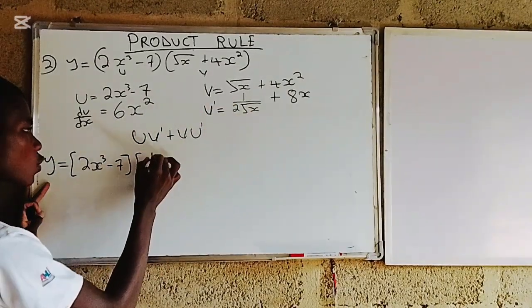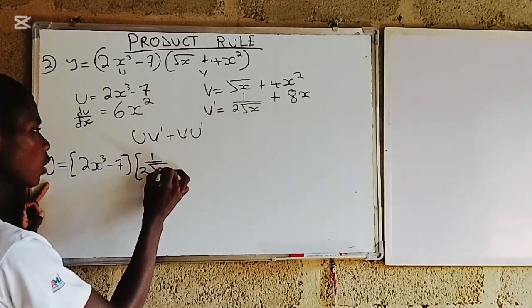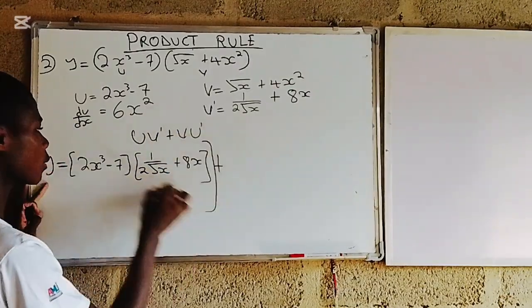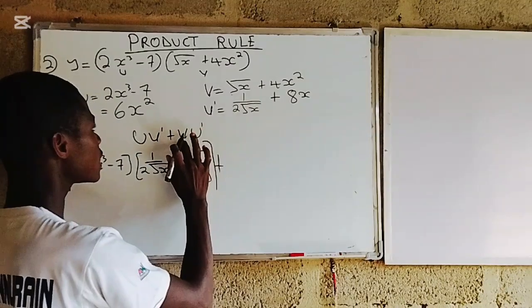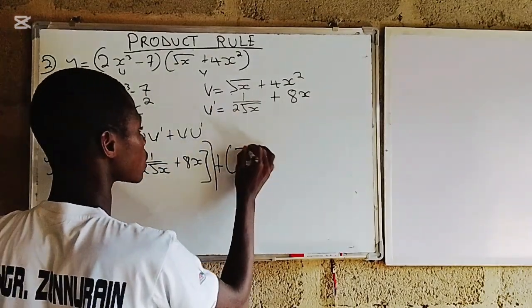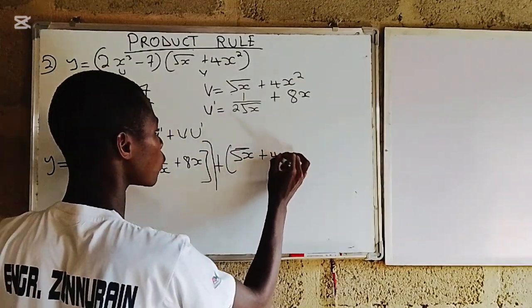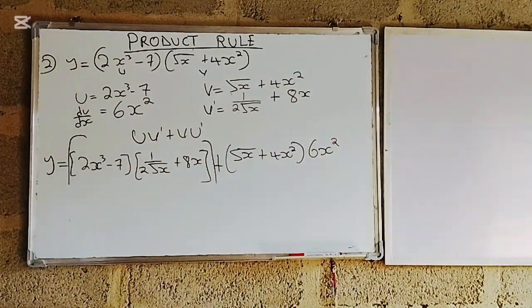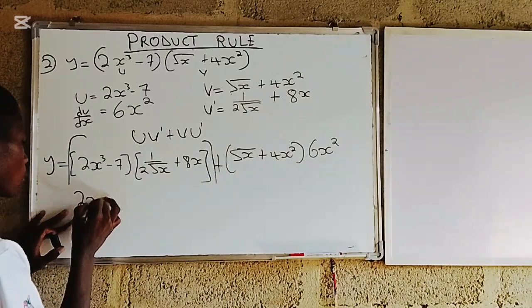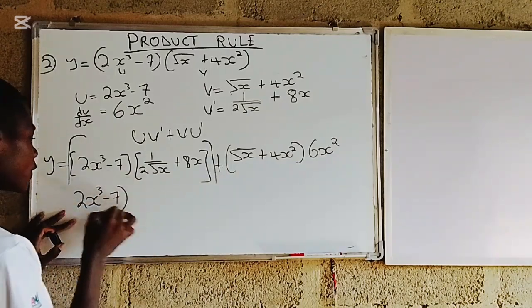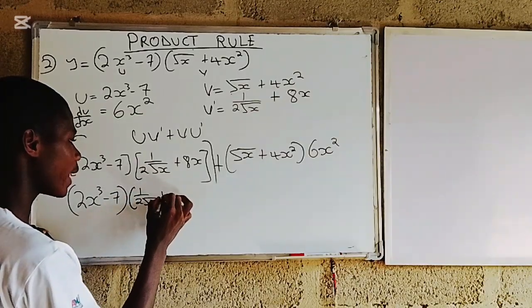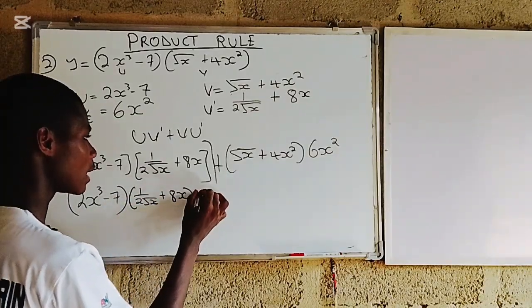This is v prime as 1 over 2 root of x plus 8x plus, the value of this v, it is root of x plus 4x squared multiplied by x squared. So the next thing that I'm going to do here is 2x cubed minus 7 multiplied by 1 over 2 root of x plus 8x plus,